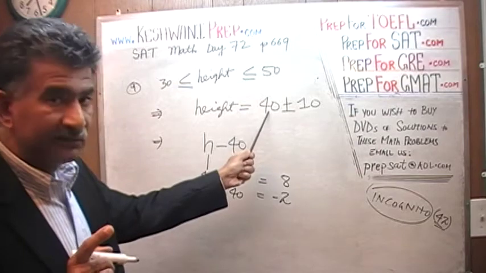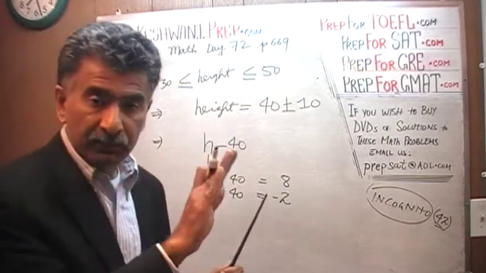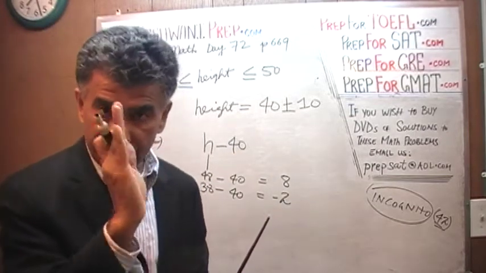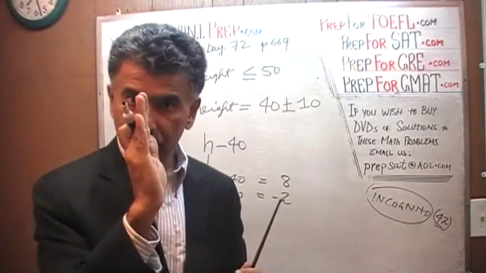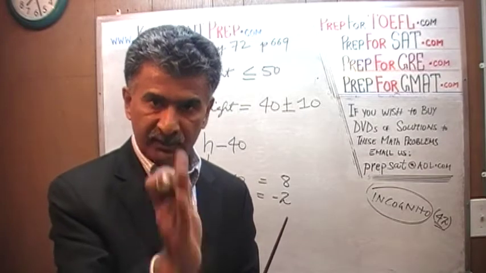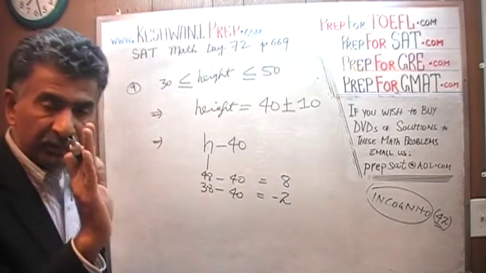But whatever the difference is between the child's actual height and the midpoint. 40 is the midpoint, you see? It's 40 plus or minus 10. 40 inches, right smack in the middle. You could be 10 less than that, you could be 10 more than that. If you happen to be 40, you're right in the middle. That difference between the midpoint,